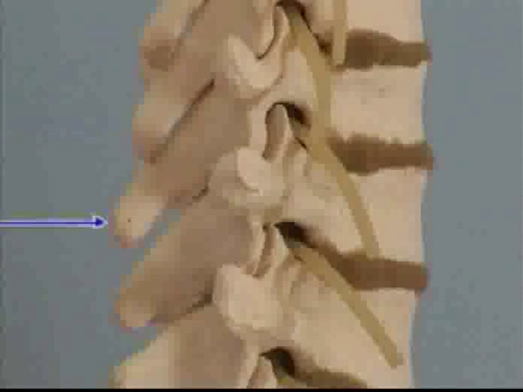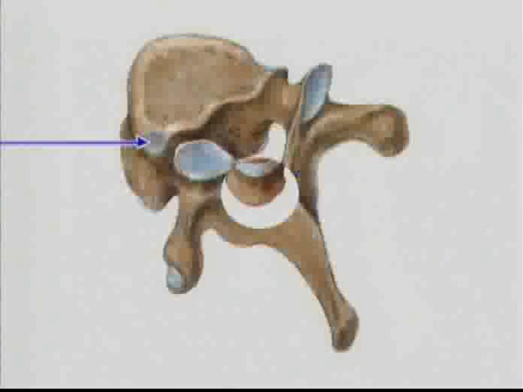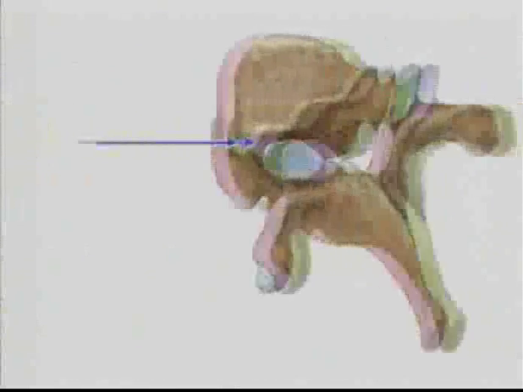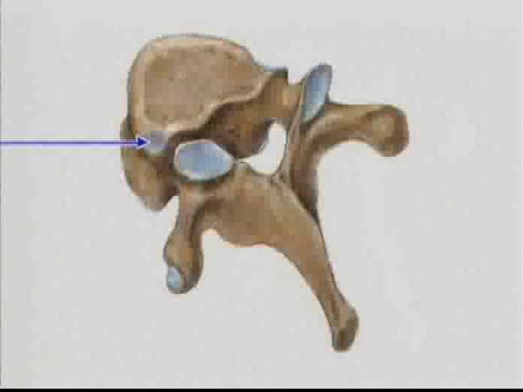From behind, we see the spinous and transverse processes. We can see that the ends of the spinous processes are at the level of the vertebral body of the lower adjacent vertebra. The transverse process articulates with the rib belonging to the same segment. There are also articular facets on the vertebral bodies at their upper and lower edges. For example, the upper facet of the fifth thoracic vertebra belongs to the fifth rib, and the lower facet to